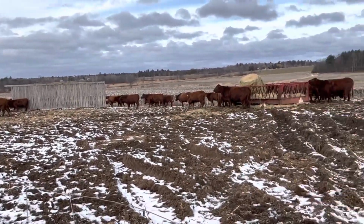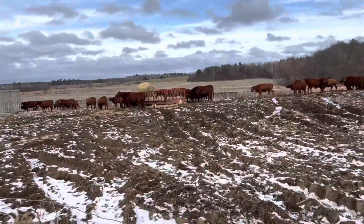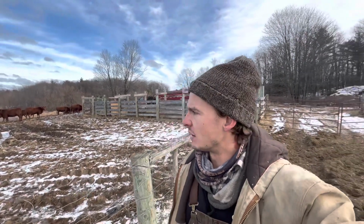starting to notice a lot of skinny young cows. So we're thinking we're gonna actually just wean the calves right off them now. It's almost Christmas time, so it's about time we do it. I wanted to do it a little bit later, in like January, February, because a lot of the big cows, they can handle it. That's no problem. But these young cows, 3 or 4 years old, they're still making milk, and